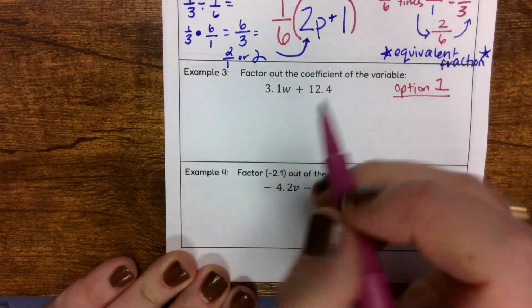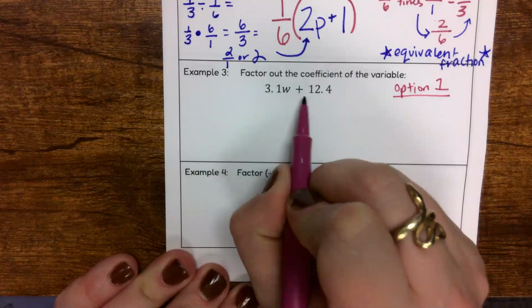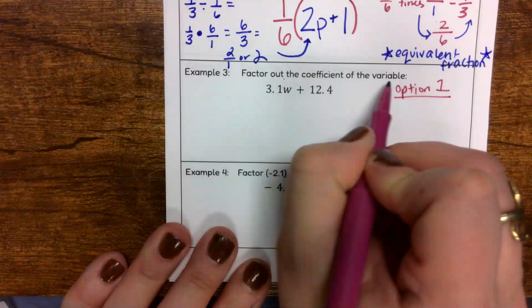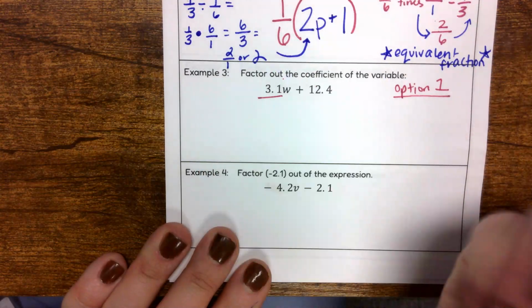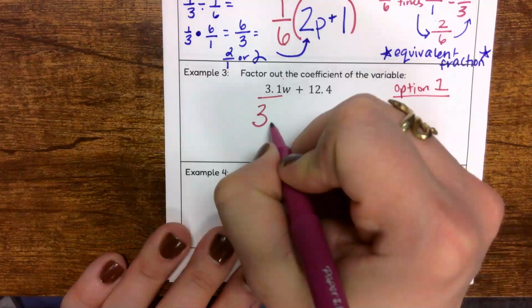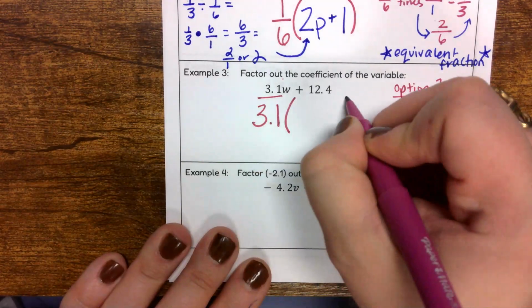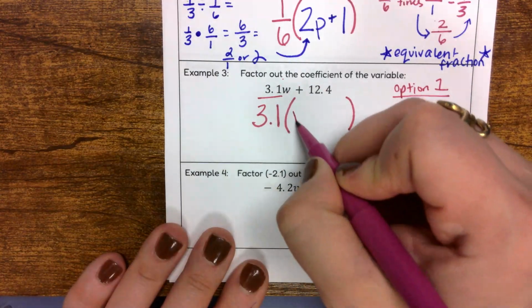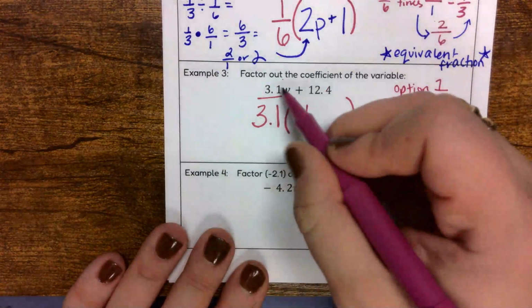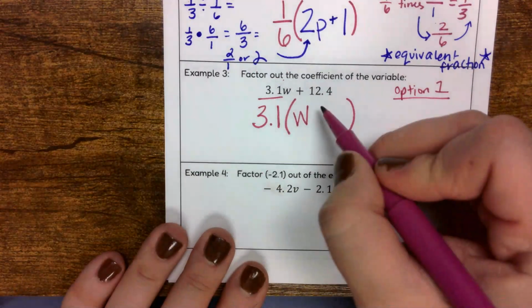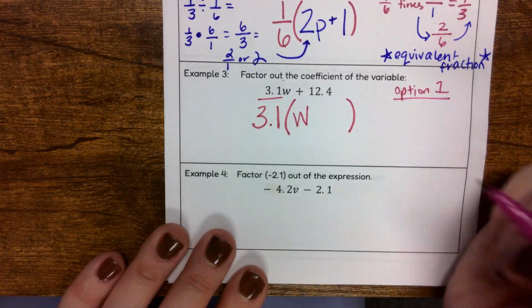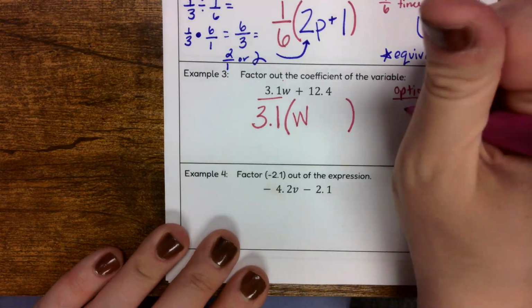Okay, so this is a decimal, 3.1w plus 12.4. So it says factor out the coefficient of the variable. Here's the coefficient of the variable. So I'm going to factor that out and put it around parentheses. 3.1 times what gives us 3.1w? Just w. So we don't really have to do any work there. But 3.1 times what gives us 12.4? So option 1 is thinking through,